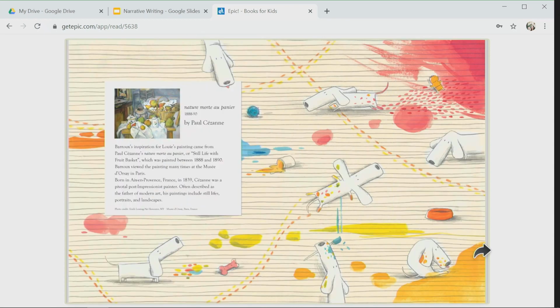All right, so that's the end of our book. Louis was a silly dog, wasn't he? And if your prediction was that Louis made a mess with the paint, kiss your brain. Remember, predictions can't be wrong or right, though, so go ahead and just kiss your brain if you made any guess that Louis was going to do something a little crazy. All right, now, we read that book, and now we're going to talk about what parts of that book should be included in our story, okay?